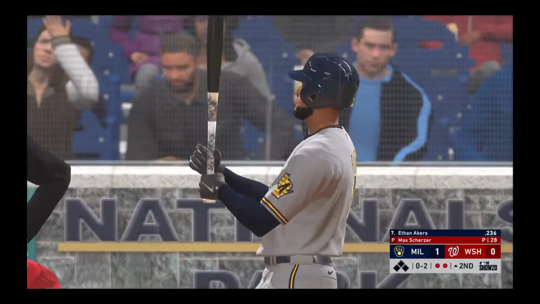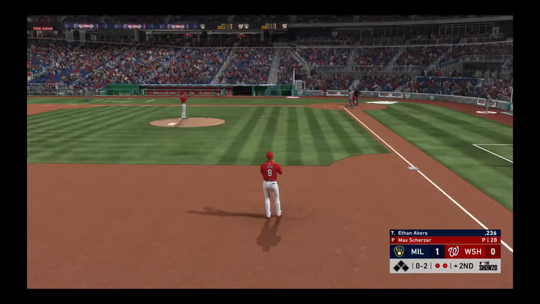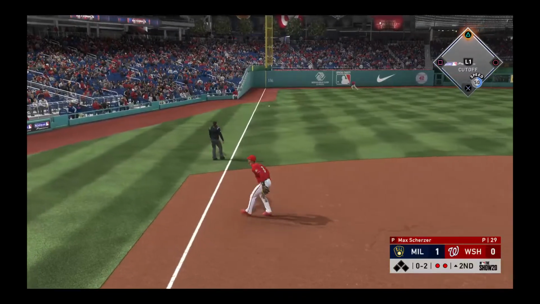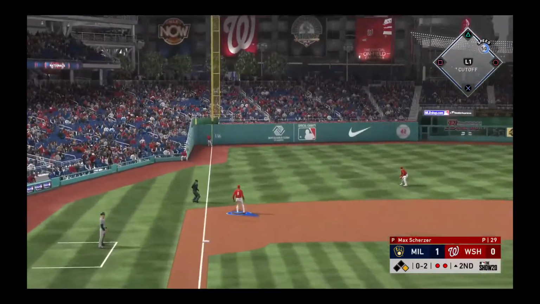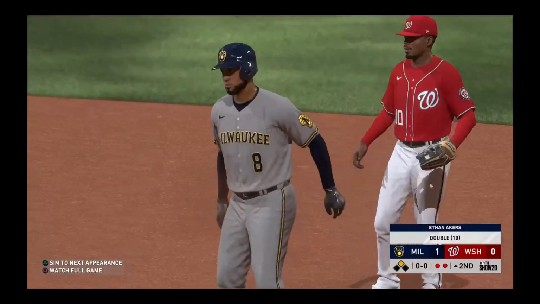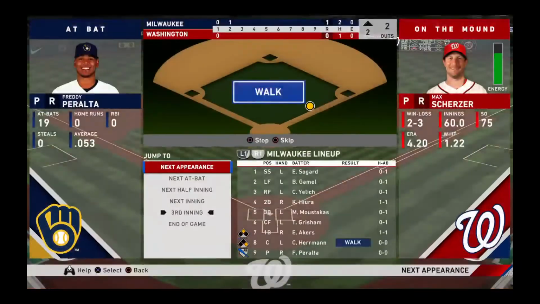Digging in now for the Brewers, Ethan Akers has battles with Scherzer. He's a .300 hitter, 3 for 10. He also has 1 home run. Here comes Scherzer on 0-2. And there's a line drive, base hit to left field. Not in time, and he's in there with a double. Boy, after that base knock right there, D-Row, he extends his hitting streak to 7 games. Yeah, and you can tell he's made some